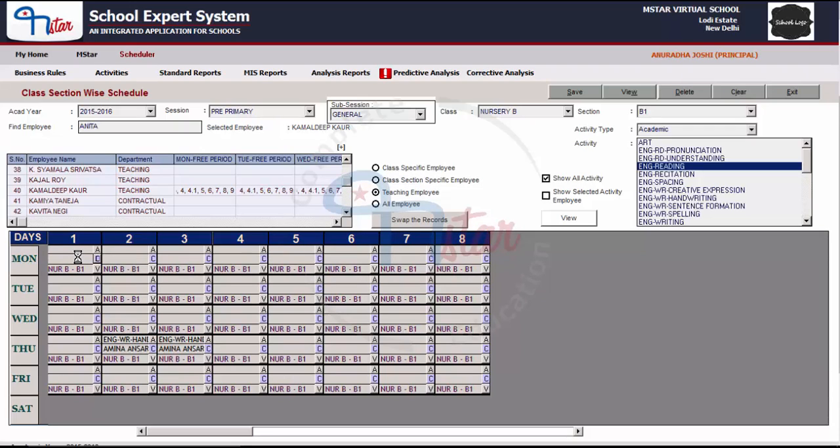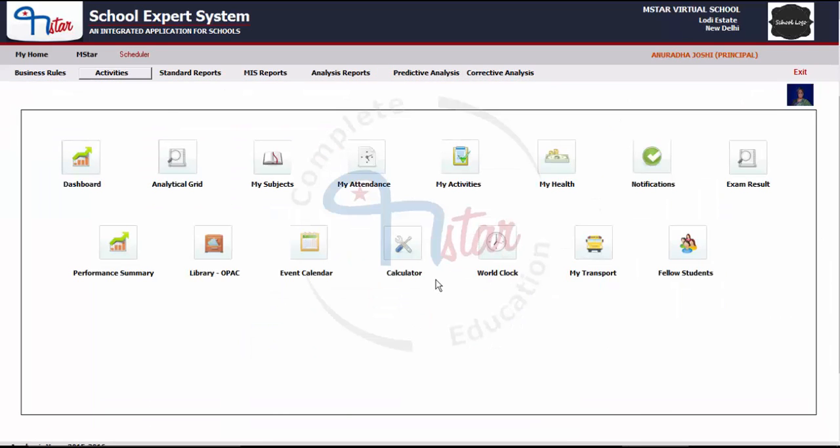Even if we have deleted, the teacher is still allocated with the official activity as earlier selected, but is no more scheduled to this class section for this period. So button C clears the schedule for the teacher and the subject in the class section. Button View gives a clear view of the cell if required. So you can continue scheduling the class-wise timetable as required. Click on the exit button to exit from the screen.